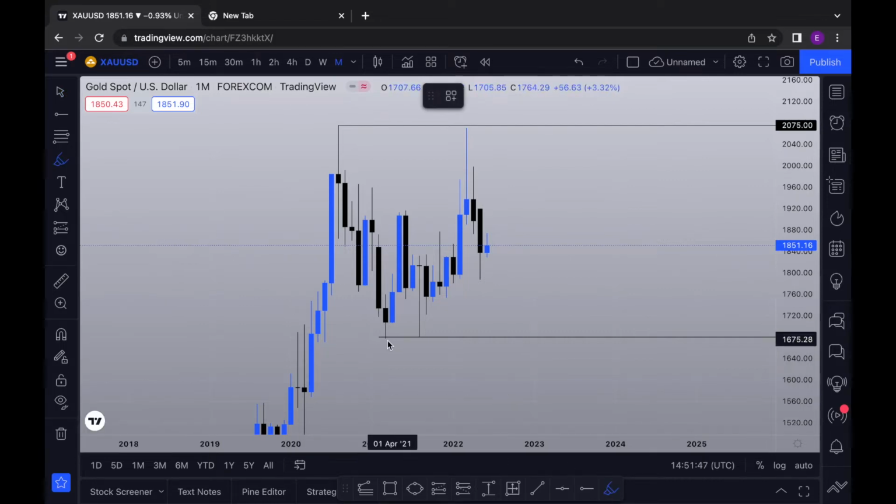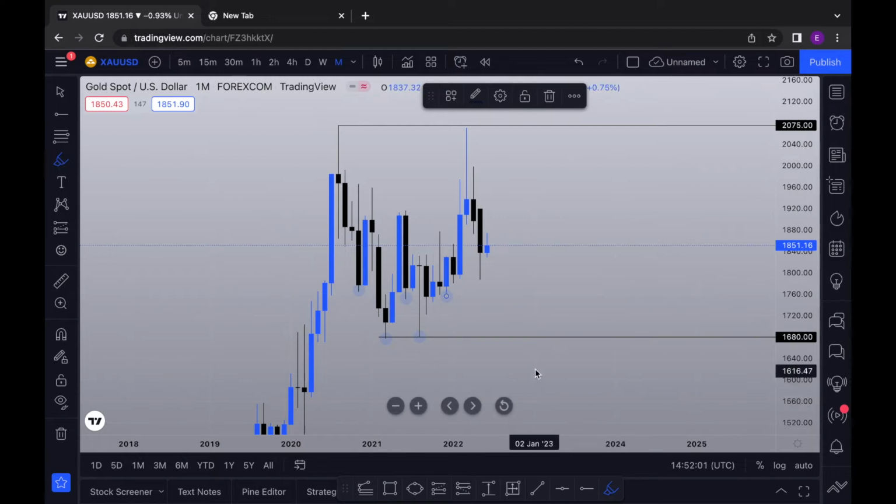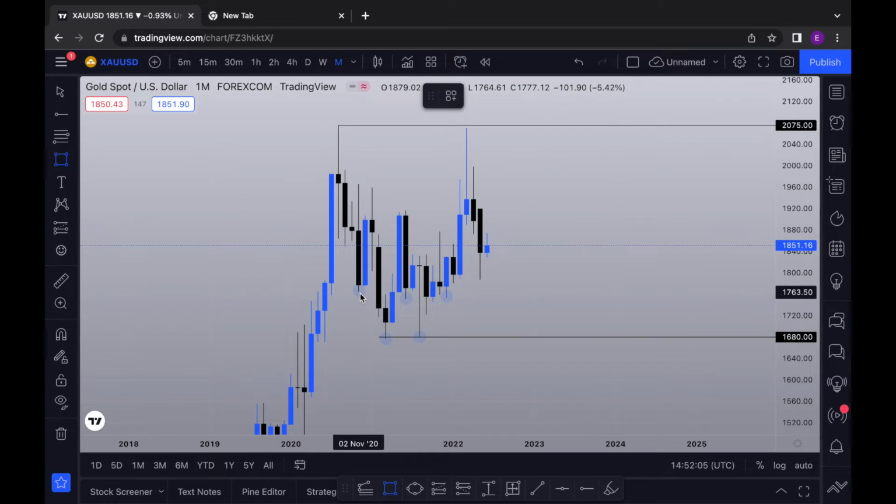We could see we have a rejection here, one, two. Then we have another rejection somewhere around here, one, two, and three. What I'll simply do on this level is use the rectangle tool to mark out